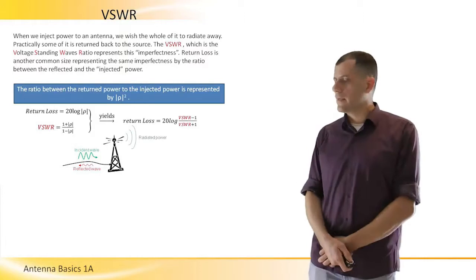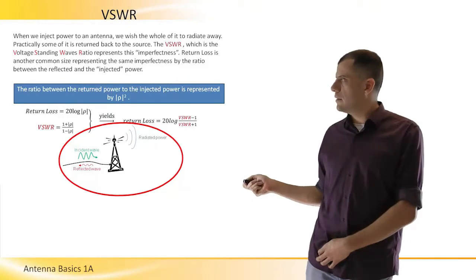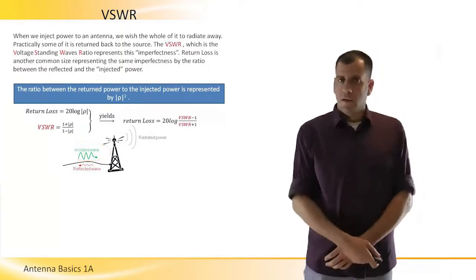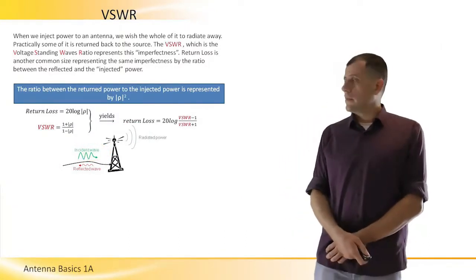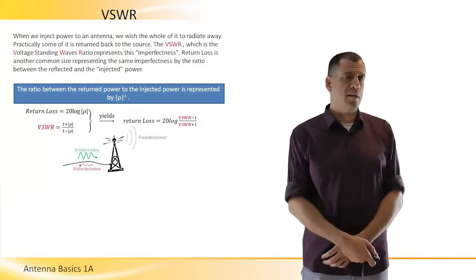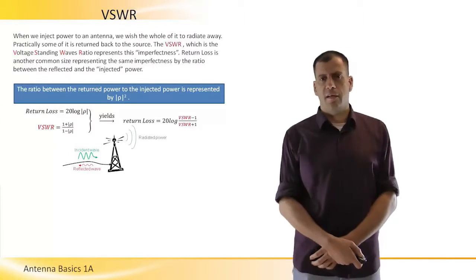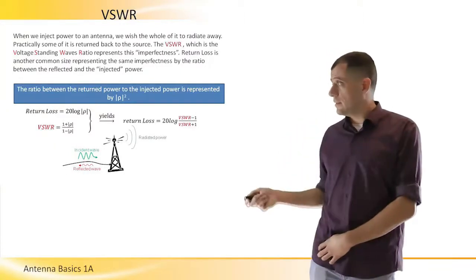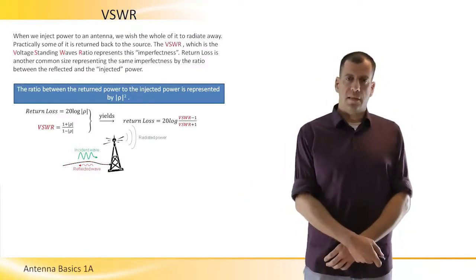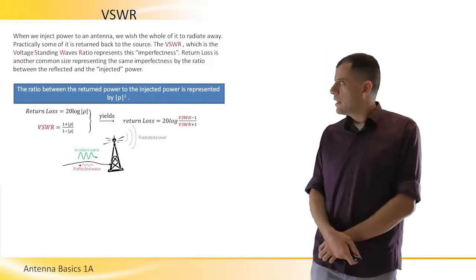If I inject energy into an antenna, let's assume we have an antenna here and we want to radiate energy, then we inject power into this antenna. We would have wanted all the energy that we have injected into the antenna to be radiated away. But practically it doesn't happen. Some of the power that we have injected is returned from the antenna, not because we want it to, but because this is a physical condition derived from the limitation of antenna design, and